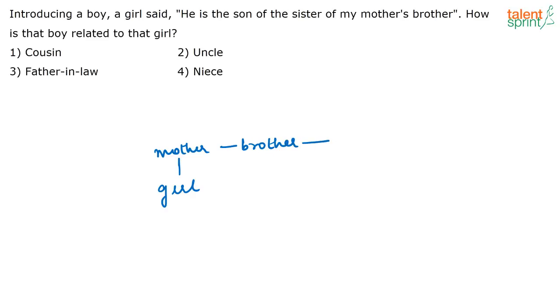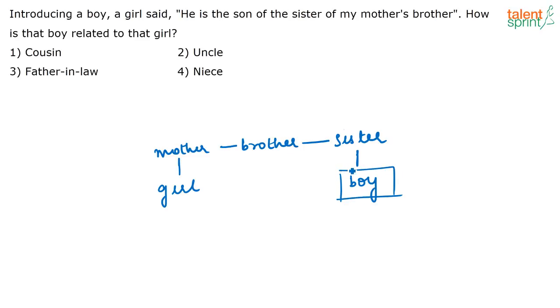So this person, see, there can be two cases here. Let us say there is another sister, so basically these three are siblings in that case. So one possibility is this girl has a mother, she has a brother and he has another sister, and this boy is her son, correct? So this is the boy that we are referring to in the question. So this is one way.